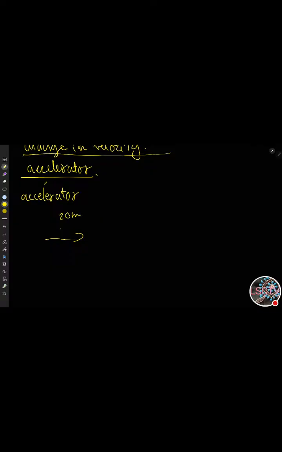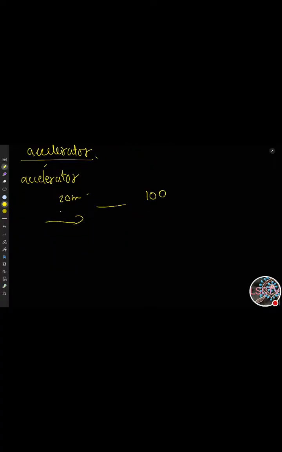Let's say you are pressing the accelerator, just touching it, and the car is going at 20 km/h. Suddenly you want to go fast. The road is fully empty. You're like, Daddy, go fast. Your daddy wants to show his strength, so he presses the accelerator. Suddenly your car goes up to speeds of 100 km/h, 150 something. Don't make your dad angry. If you make your dad angry, he'll make you go from Kanyakumari to Jammu Kashmir in 5 hours.